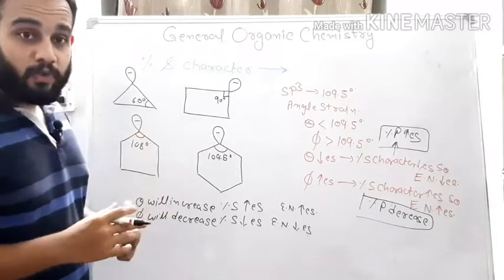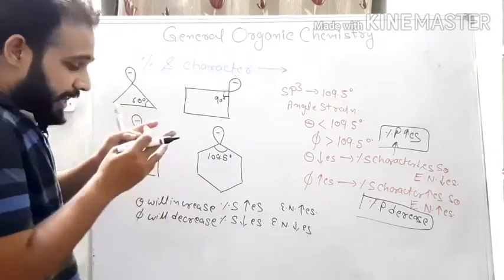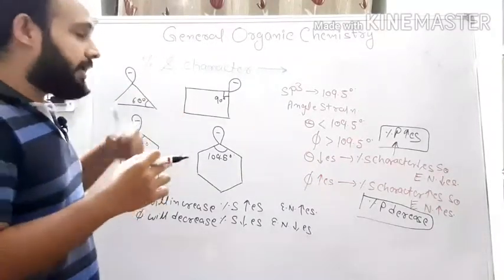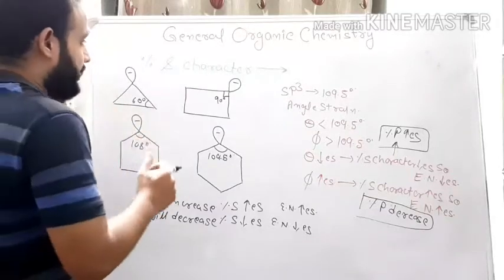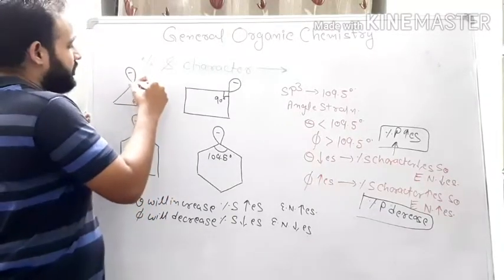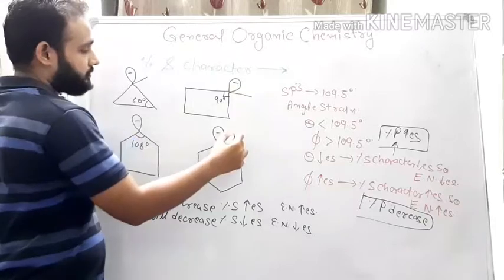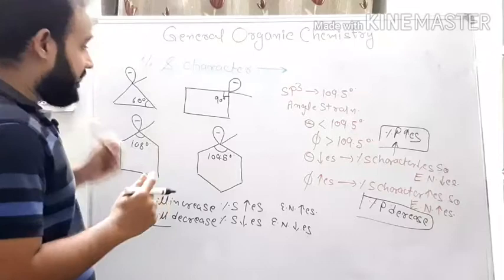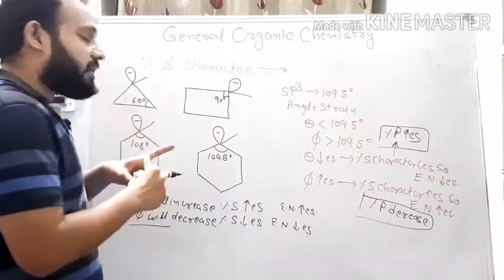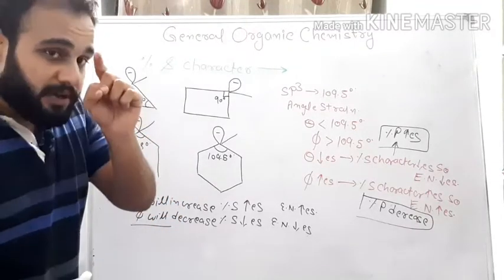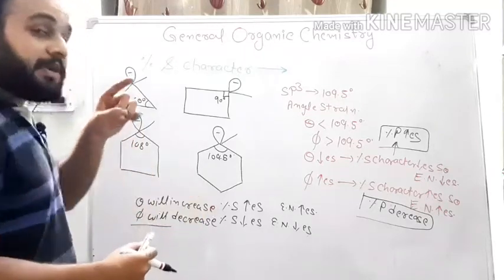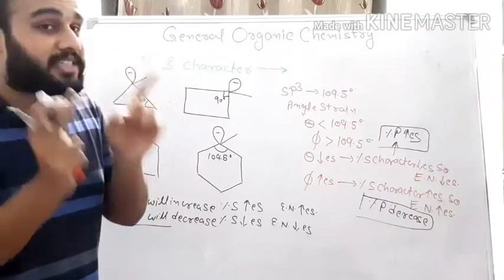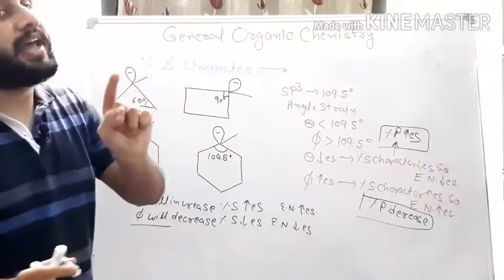We have an anion. You know that an anion is a carbon-hydrogen bond along with a carbon-hydrogen bond. So for the outer bond, because this anion is present on the outer angle, it will relate with phi, not with theta. Remember, when you are given any anion of these cycloalkane compounds, you can relate the stability of the anion with the value of phi, that is with your external angle, not with the internal angle.